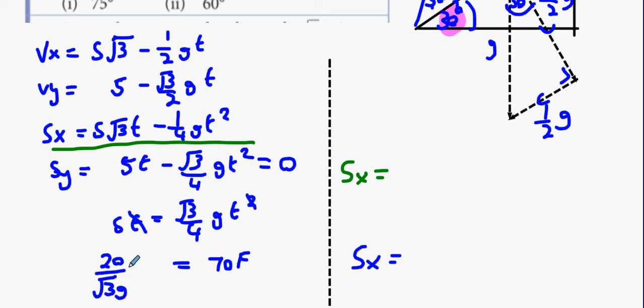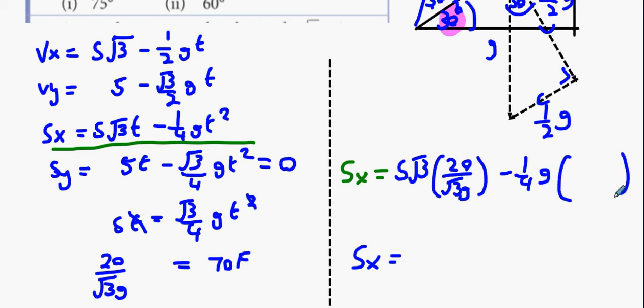Done. Lob it into s x. s x is going to be 5 root 3 times 20 over root 3g. And then minus a quarter g t squared. I'm going to square this out. And I'm just going to get 400 over 3